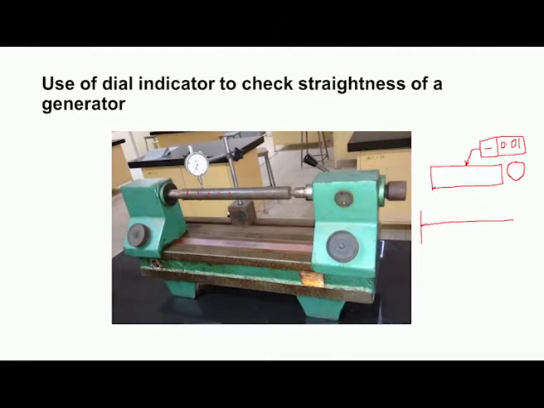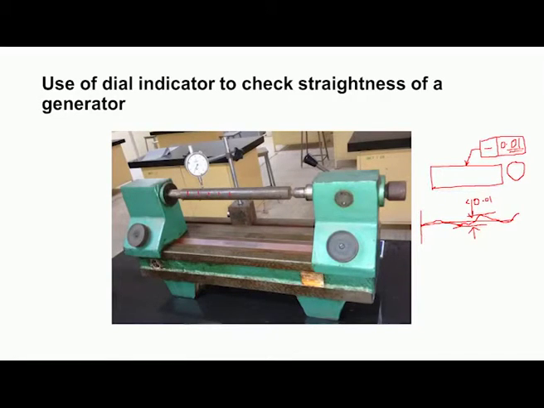And if you plot depending upon the values, we get the profile like this, and then we should take the peak and valley. So, now we should calculate what is the gap between this peak and valley. If this gap is smaller than the specified value, that is 0.01, then we say this particular generator is straight.